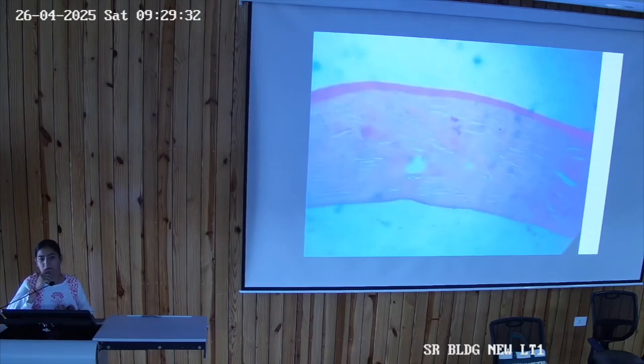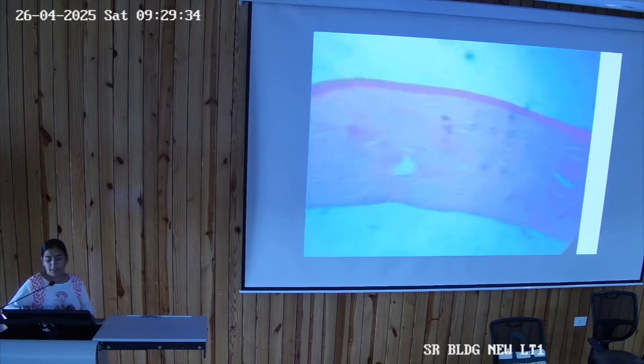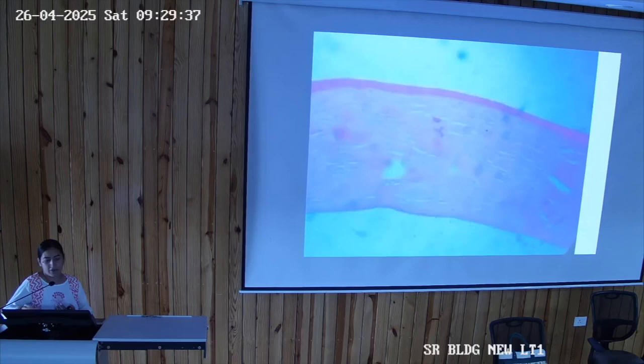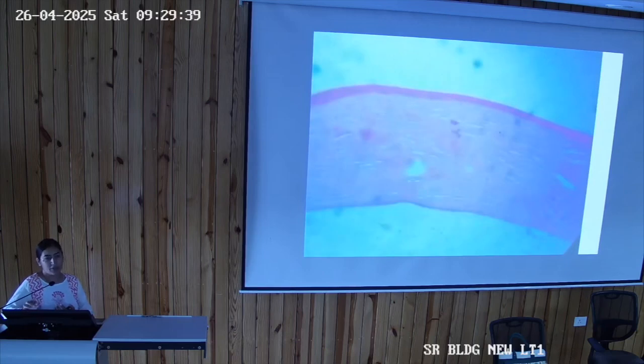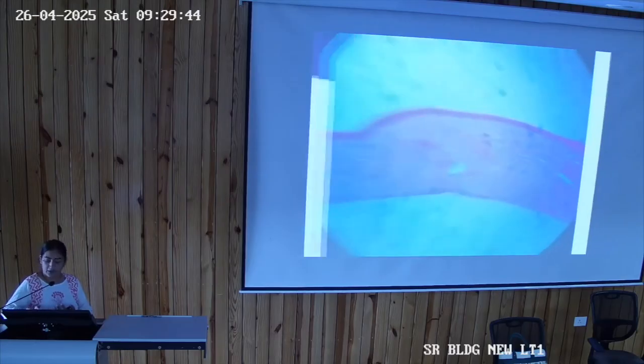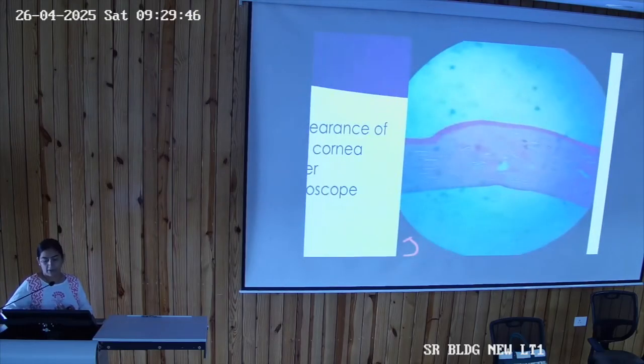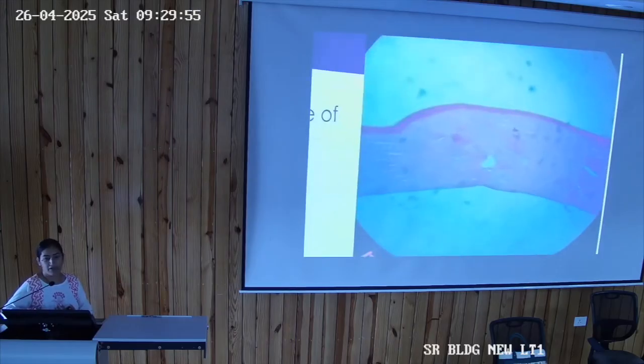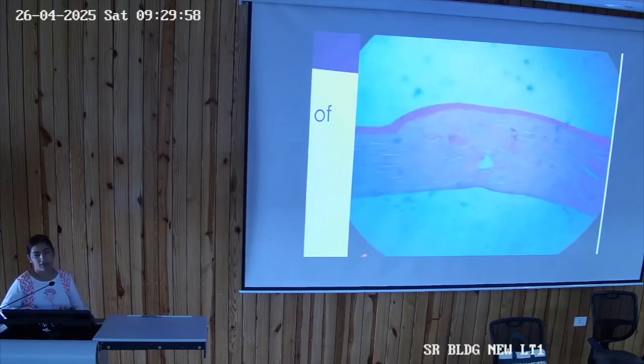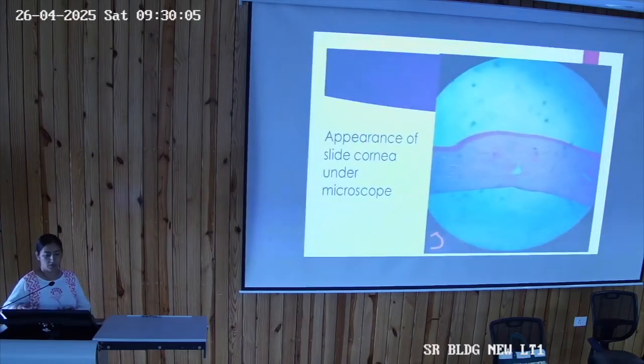No, you won't be able to. The epithelium is not visible, so how will you identify? What is visible? A thick layer on top, and below that the stroma is visible. So this is actually the picture at 10x which you cannot identify. At 10x a thick layer will be seen, uppermost, that is the stratified epithelium, and below is the stromal layer. This much you can identify. You cannot identify the stratification of the cells over there. You cannot identify the collagen fibers with the fibroblasts at 10x. So you have to change it to 40x.